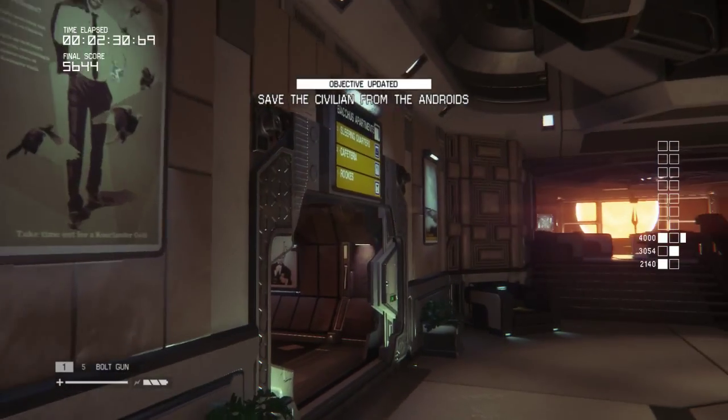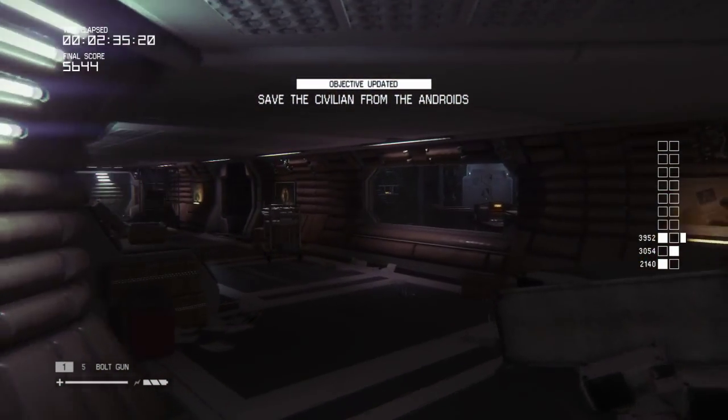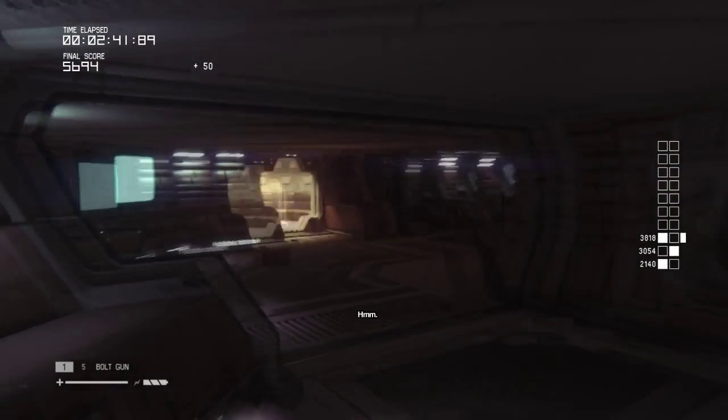So there we go, look, 2 stages done in 2.5 minutes. And we're heading back to the Bacchus Apartments. All we've got to do here is smash an android in the face with a bolt gun and pull a lever. So,